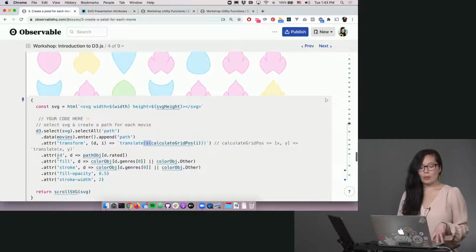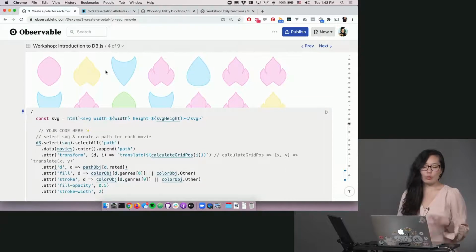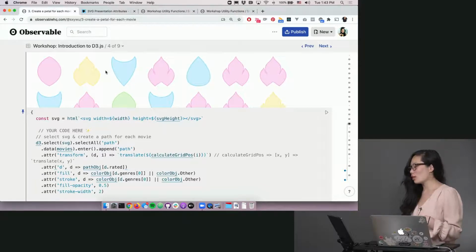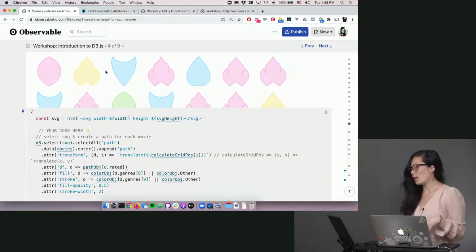Because then, for our D attribute, instead of having to write your petal path to be at, let's say, position 300 by 200, so instead of having to write your petal path as starting at 300, 200, and then going down to 350, 200 or something like that, instead of